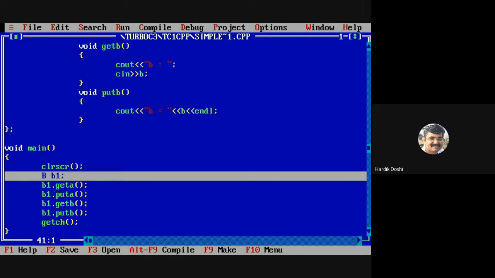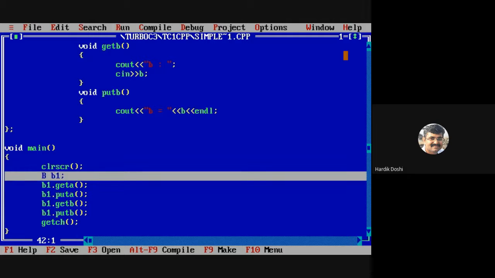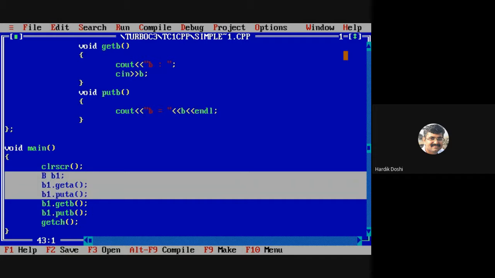But now, as inheritance is done, we can access class A members using the object of class B. Just check it out. Get A and put A are members of class A if you check very carefully, but we have accessed them using the B object.